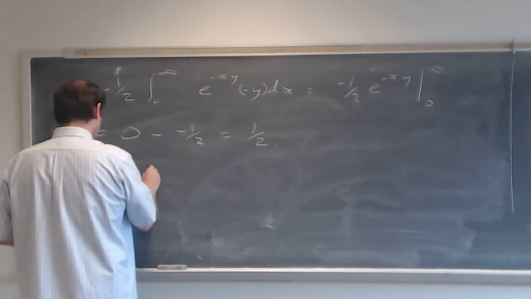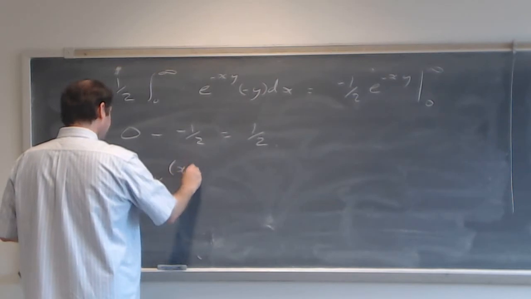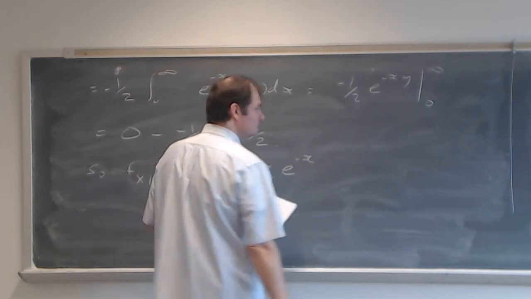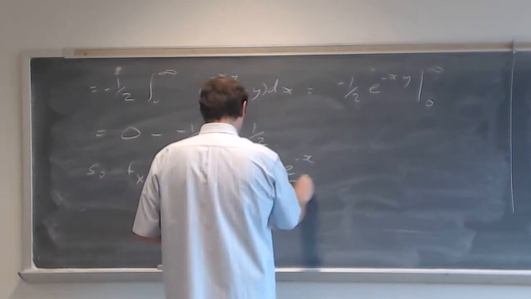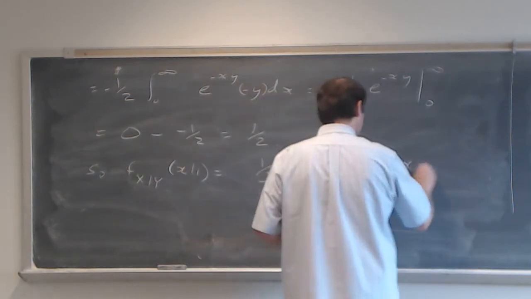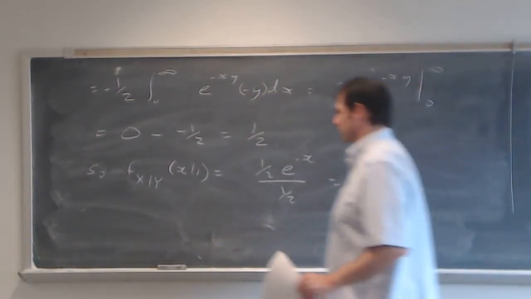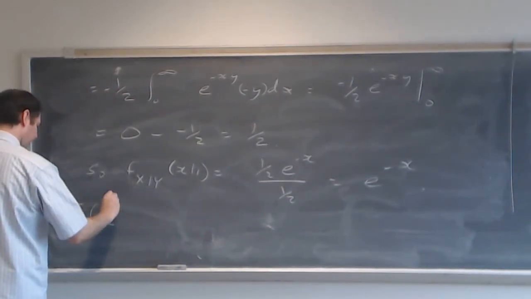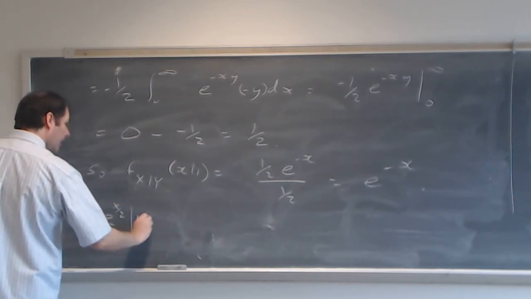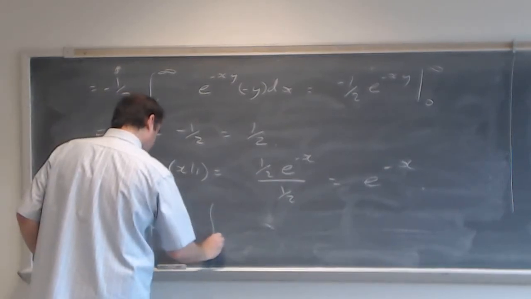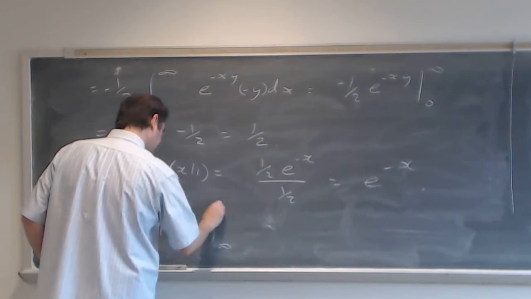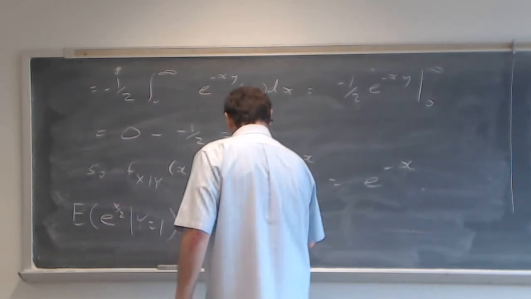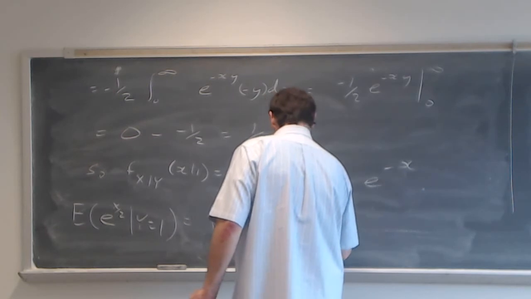So f of x given y, of x given 1, that is 1/2 e to the minus x, that's what we had before, all over 1/2, so I just get e to the minus x, that's correct. So now I want to integrate that. So the expected value of e to the x over 2, given y equal to 1, is the integral from minus infinity to infinity of e to the x over 2 times f sub xy of x, 1